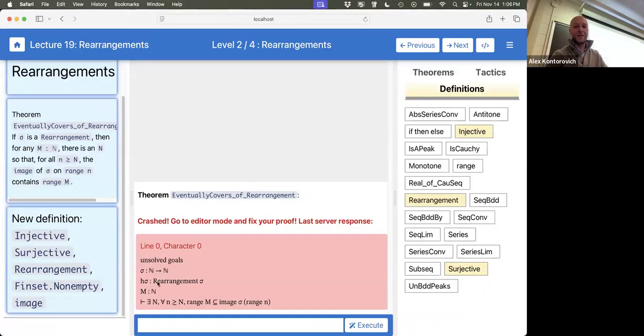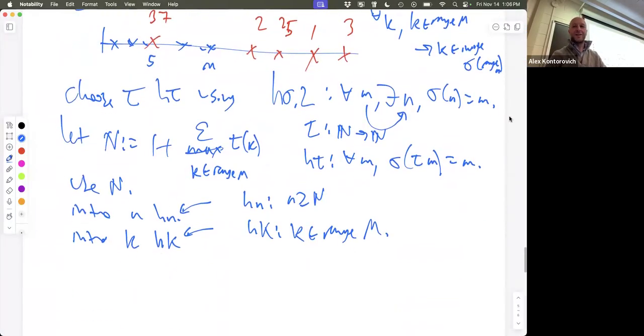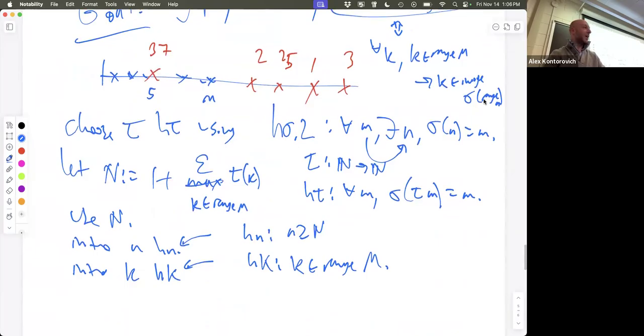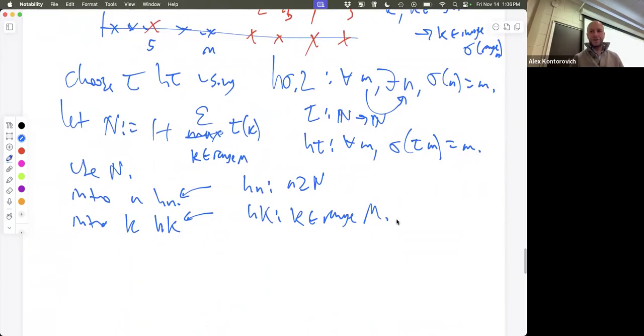The image we need here. Image I should have highlighted as something else. So what is the image of sigma? So what does it mean to be a member of the image? There are a couple of theorems that are missing. I have to add them for you. Oh, I did say mem range, right? Or mem image or something. Mem image, I think I mentioned. Mem range might be useful.